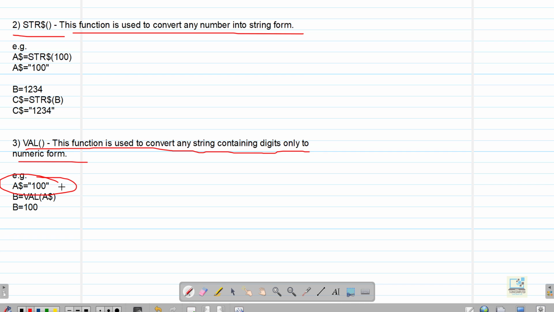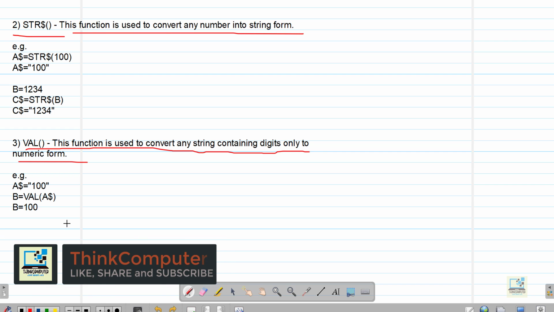So if I write val(A$), then this A$ which is containing 100 as a string is going to be converted to its numeric value and it's going to be 100, which can then be stored in a numeric variable. So if you need to convert any number to string form, use str$. If you need to convert that string back to numeric form, you can use the val function.